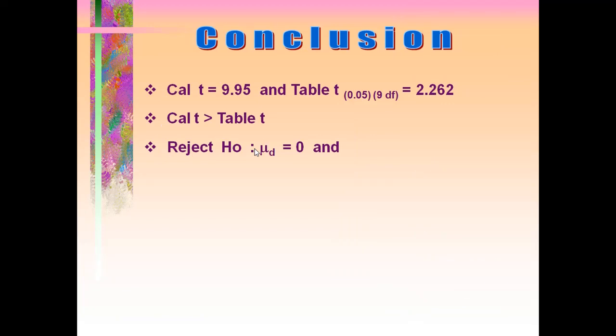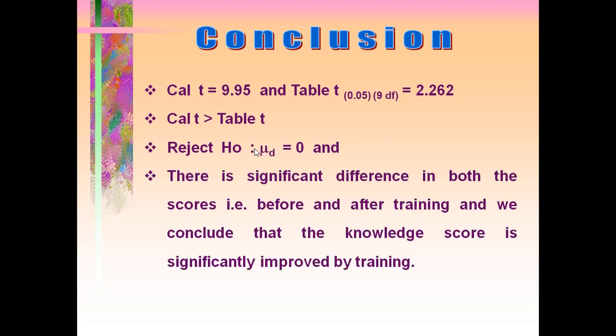Here also you can refer to the t table. There are 10 related observations, so the degrees of freedom is n minus 1, it is 9. So the value is 2.262, and the calculated value is naturally larger than the tabular value. So we reject the hypothesis. And the conclusion which we can draw is that by giving the training, there is an improvement in the performance of the farmers as far as the agricultural practices are concerned.